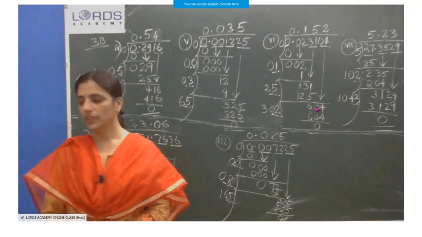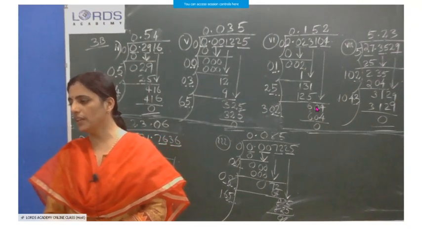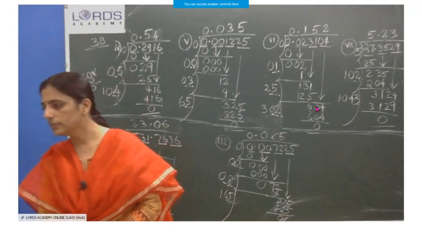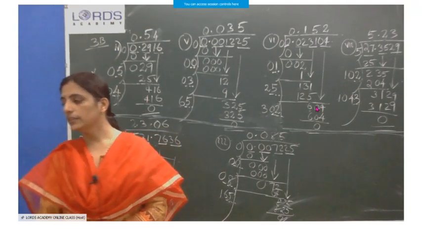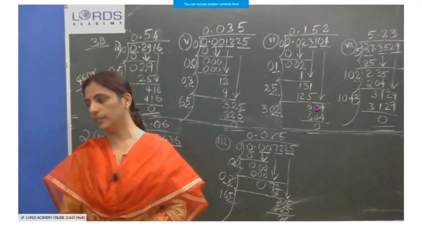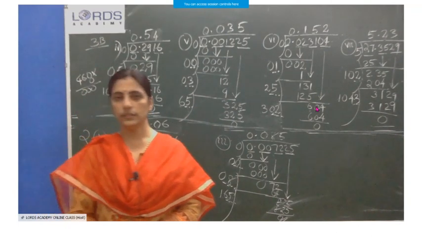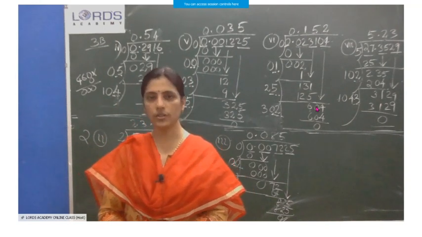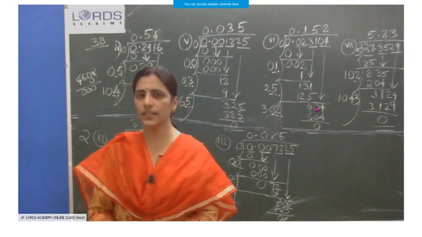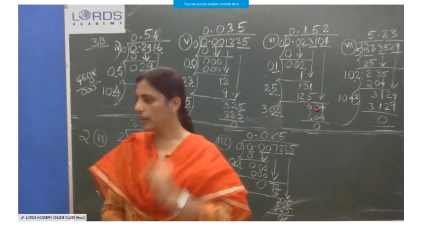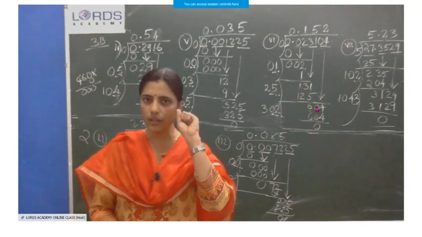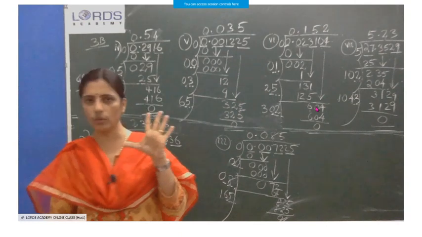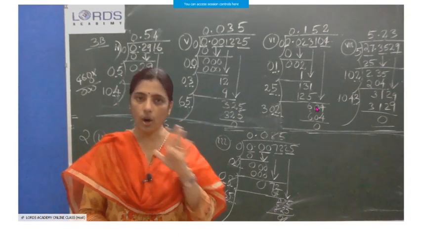Question number 11. Give reason to show that none of the numbers 640, 81,000 and 36 lakhs is a perfect square. The given three numbers are not perfect squares because you just count the number of zeros. 640, how many zeros? 1. 81,000, how many zeros? 3. 36 lakh, how many zeros? 5. The number of zeros is odd here.